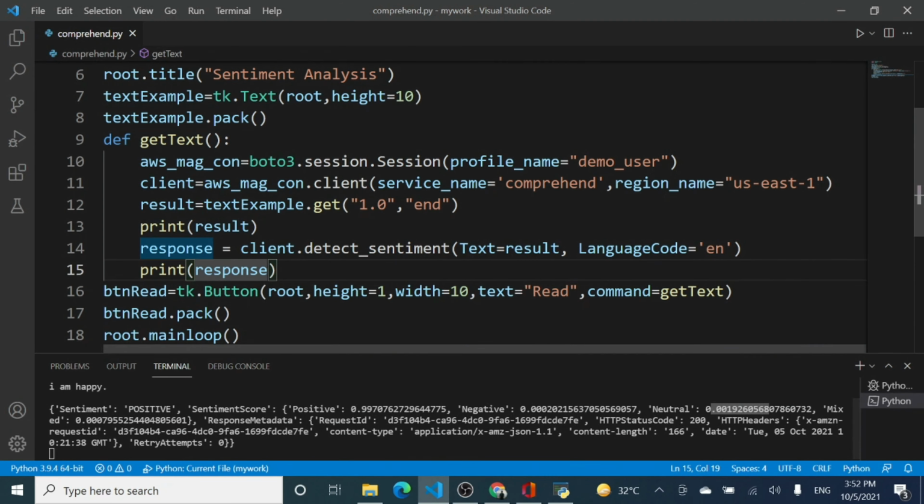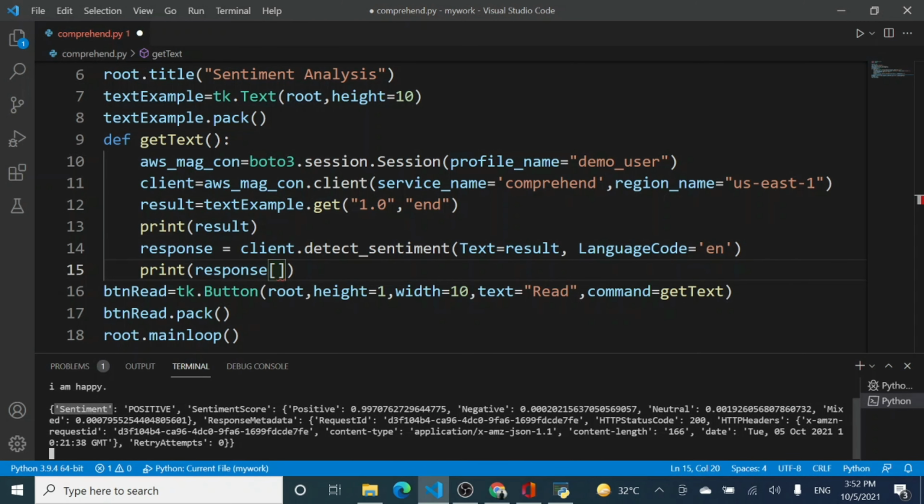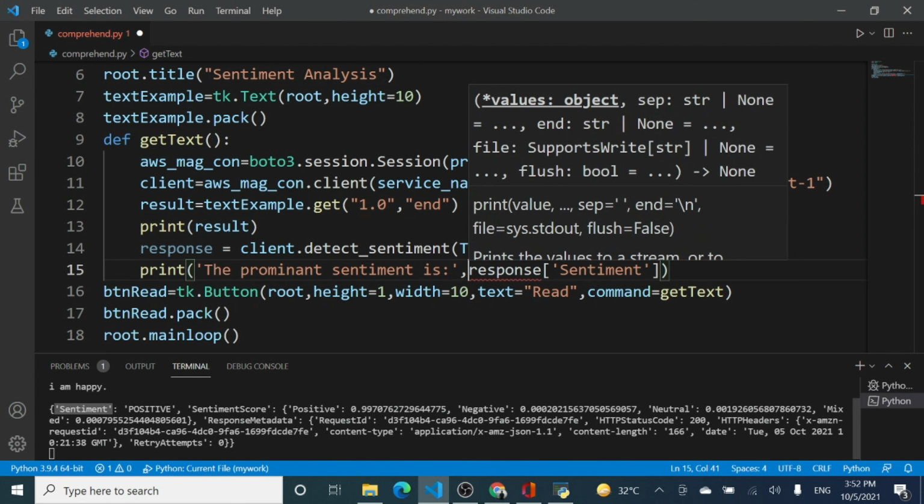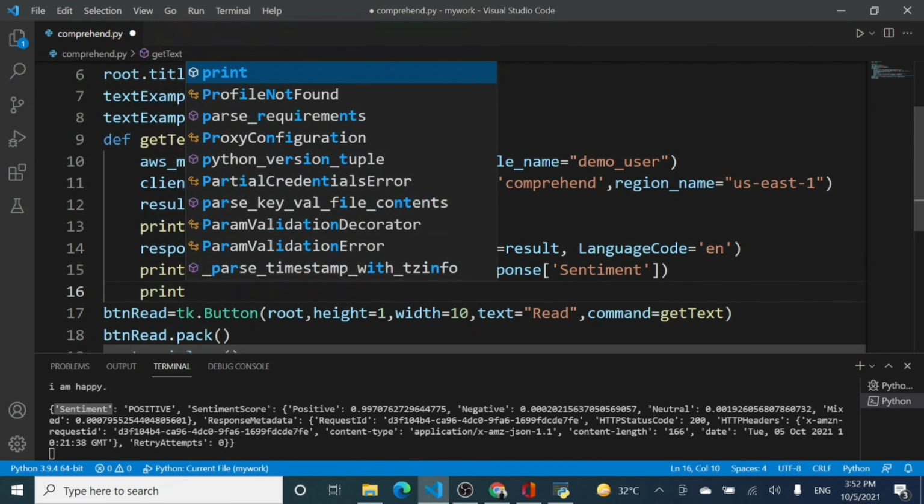So I know that the dictionary is response. So what I want over here is, let's say I want to print the sentiments. So just copy the key value over here and write a sentence. It should be in quotes. The prominent sentiment is the response over here, and another print statement which says